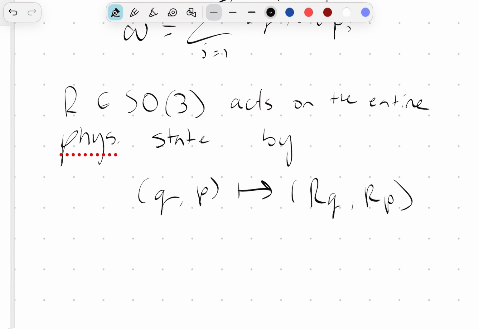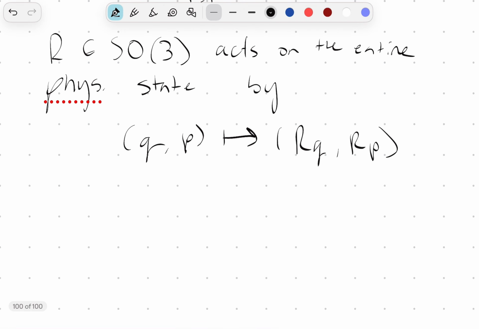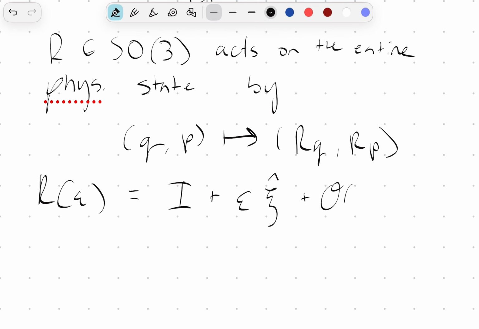What we can do is write an infinitesimal rotation. Sorry, not R3, but epsilon. But we can write this as the identity matrix plus some epsilon times some C hat, plus some higher order terms in epsilon squared,